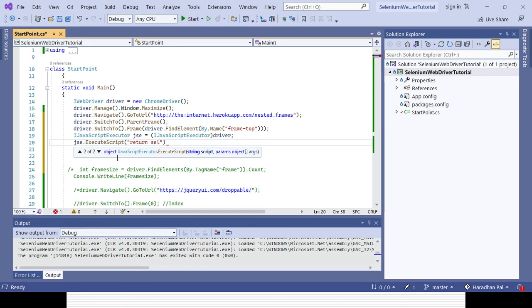What is the frame name? Self.name, I can return it. The return type will be var, and I need to store it in a variable, so var currentFrame.